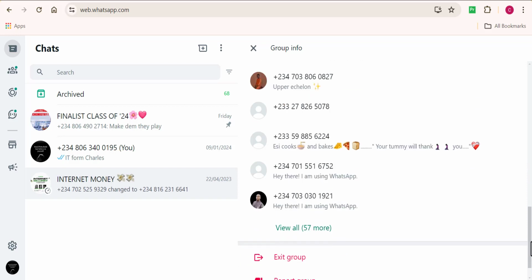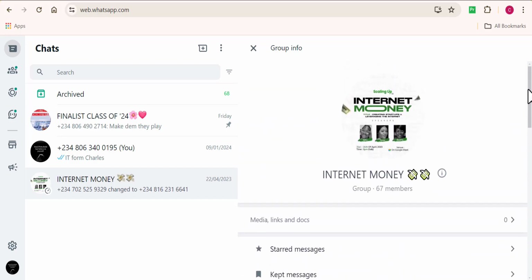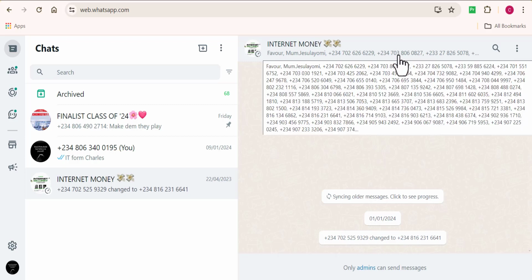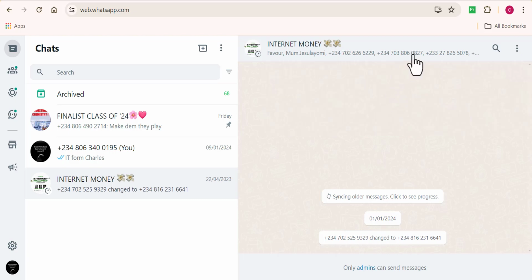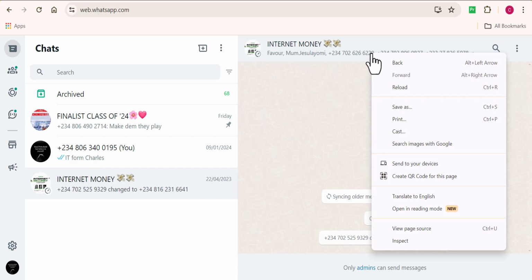Once we have successfully identified a group based on our interests, or what you want to provide them with in exchange for money, we need to go ahead and extract their contact details, which is popularly known as their WhatsApp number. To do this, you need to follow me closely, because here is a trick you can use to accomplish that. You want to come over to this particular area on your computer screen, and now you see that if you hover around, all the contacts here will be displayed to you. Now what you need to do is go ahead and right click on your mouse, and once you do that, you will be left with so many options right here.